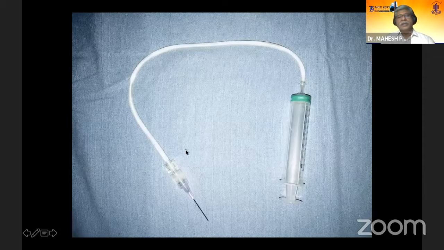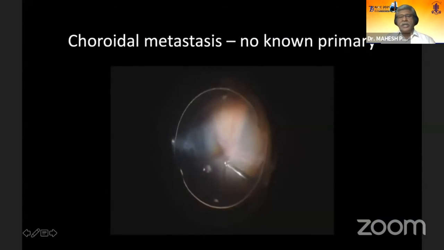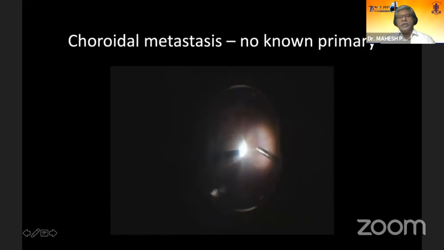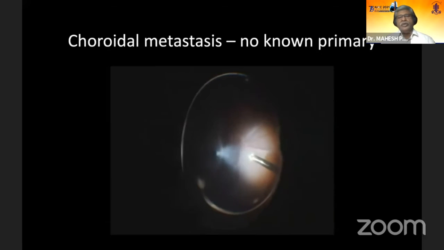And the equipment is, this is the technique which I use. It's about a 1 inch long needle, which is about a 24 gauge needle, connected to a small piece of IV tubing and a 10 cc syringe. So here I'm doing a vitrectomy and doing a biopsy. So you can see a total retinal detachment induced by PVD.